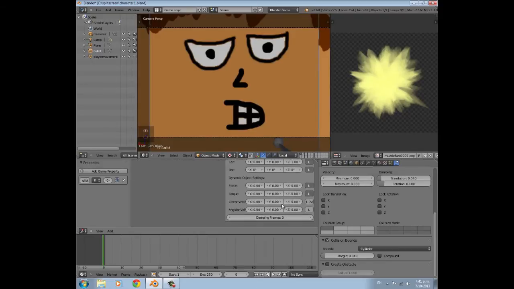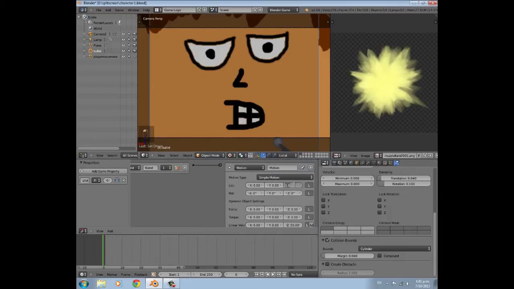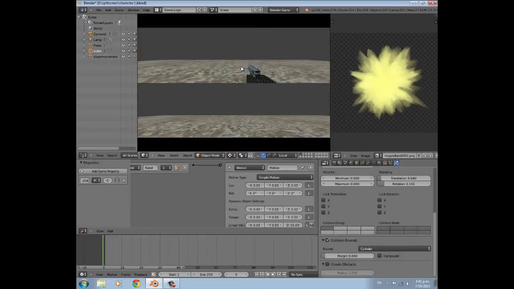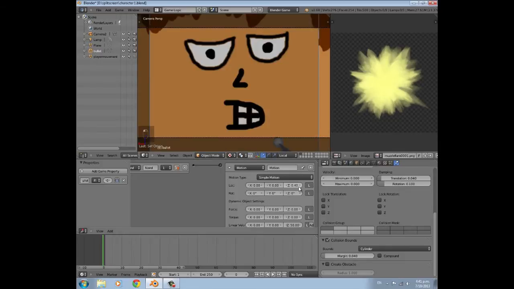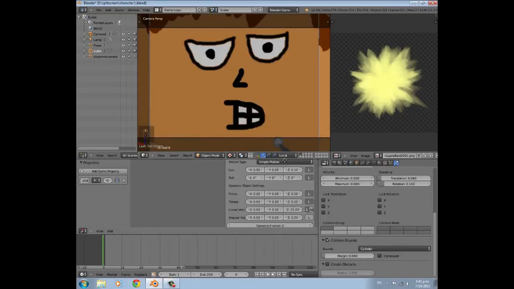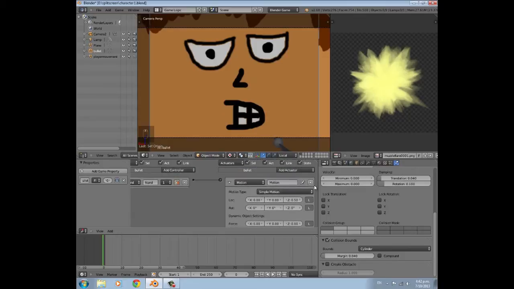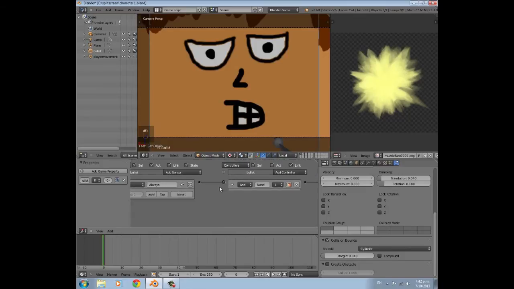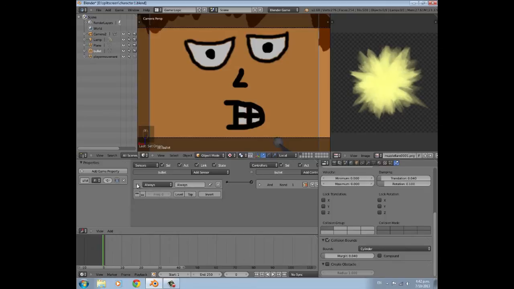So what we can actually do is go in the linear velocity here and try something like 50, change that to 0, and then press P and press spacebar, and I don't know, that just seems to go a lot better. Maybe we can add a bit on the Z as well. I think that's working well. So 0.5 and 50, and both on local, with local selected, and then after you've done that,